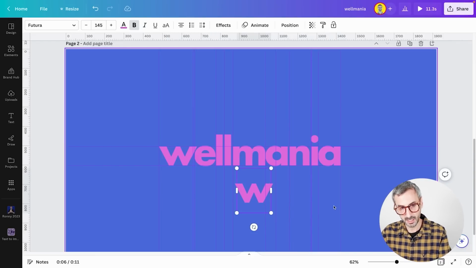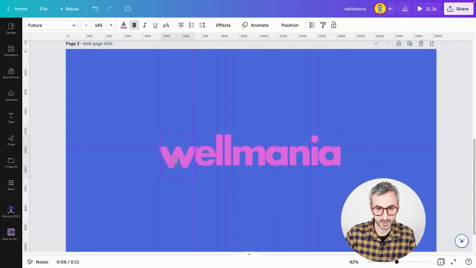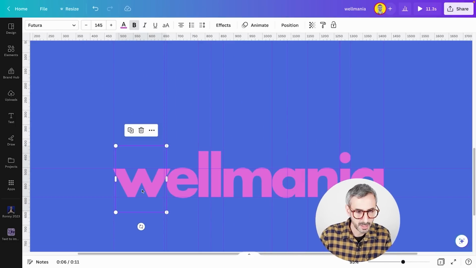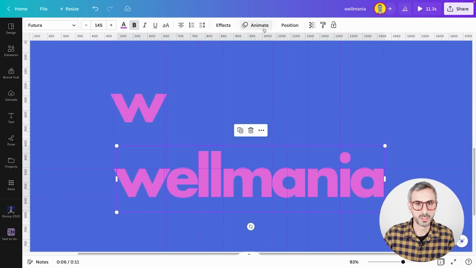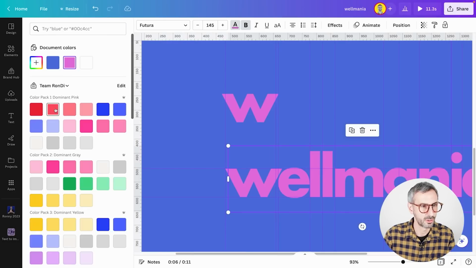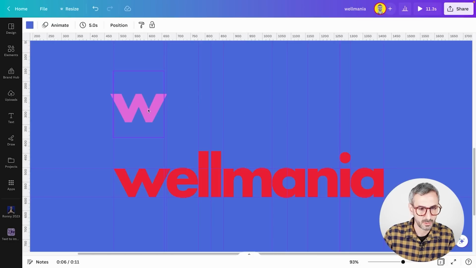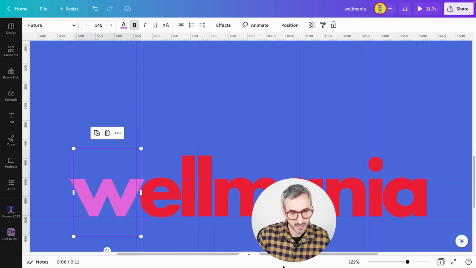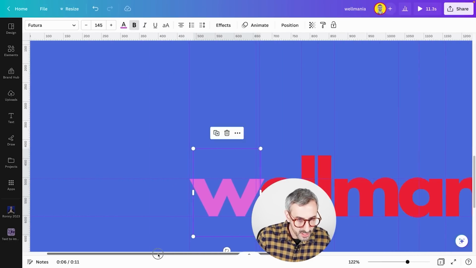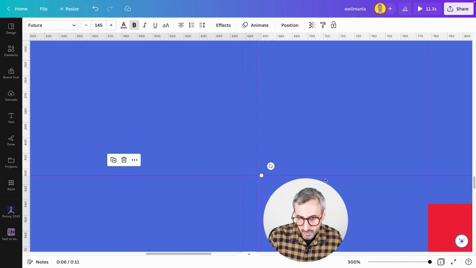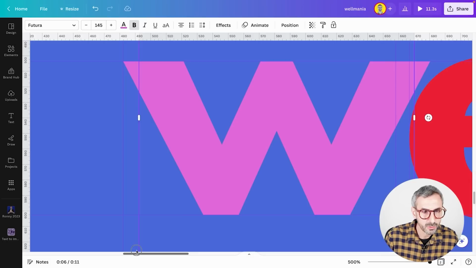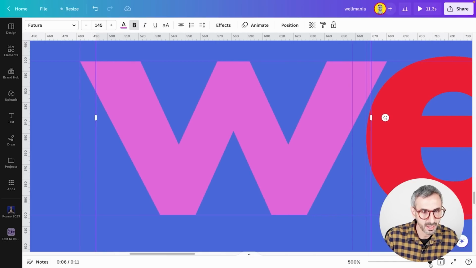So I'm going to delete everything, just keep the W. And I'm going to be using my first grid right here. Maybe I can change the color of this one. Yes, I will change that color to red so I can see which one is which, and simply paste my pink W right here using the guide, making sure it is touching that first guide right here. So I can zoom all the way and really go close to see, yes, this is exactly where it needs